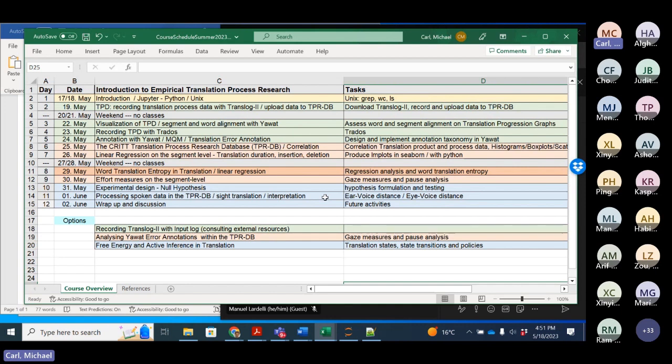Two obvious angles are the process data and the product data. So for instance, you can look into the product data from a source text point of view. We can look into each token in the source text and then have different features that characterize what happens to this source text token during the process of translation.